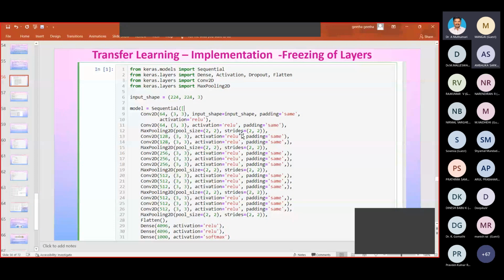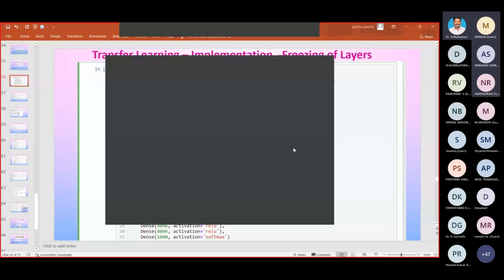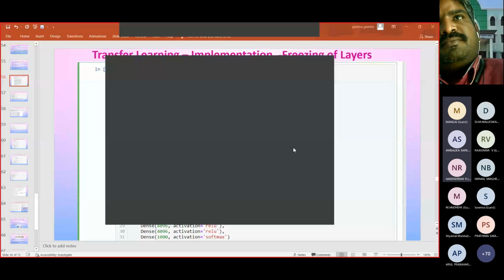I think the participants have got some information, because this is a somewhat advanced concept. They would not have understood each and every line of this PPT, but at least they would have learned this new concept.